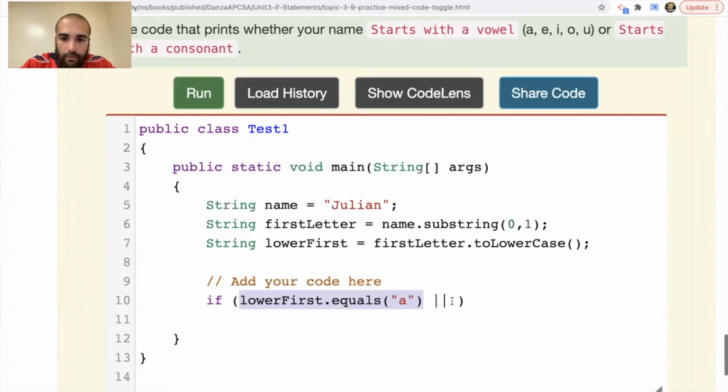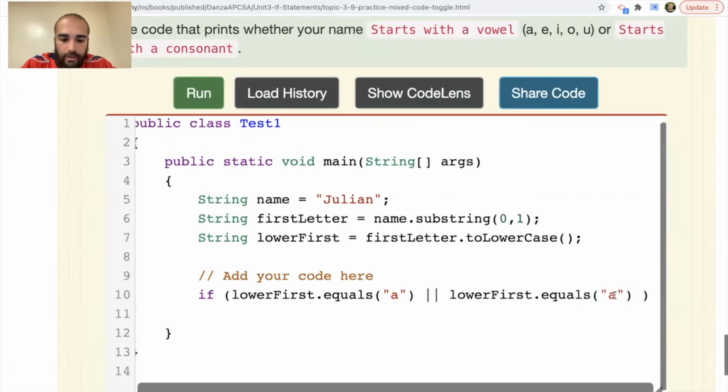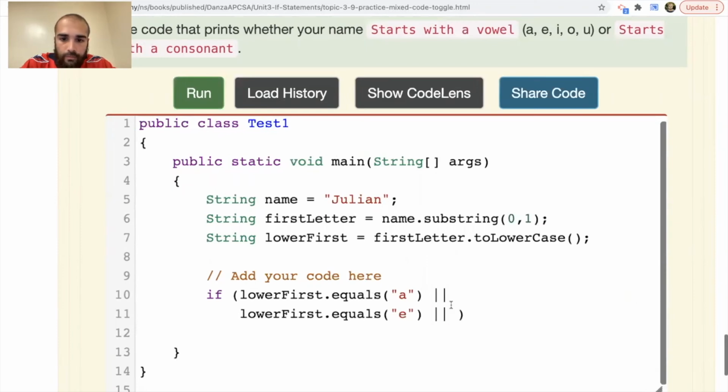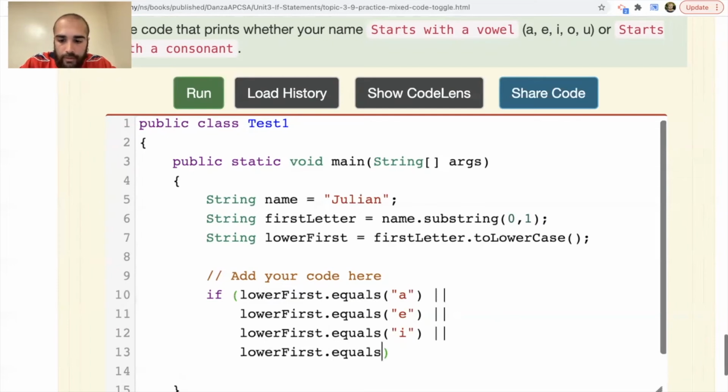I'll say if lower first equals A, or lower first equals E, or lower first equals I, or lower first equals O, or lower first equals U. So rather than writing one really long line that went off the page, I just went